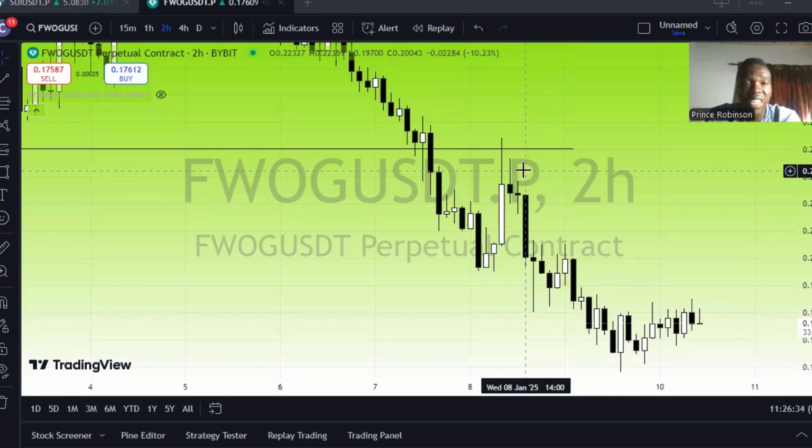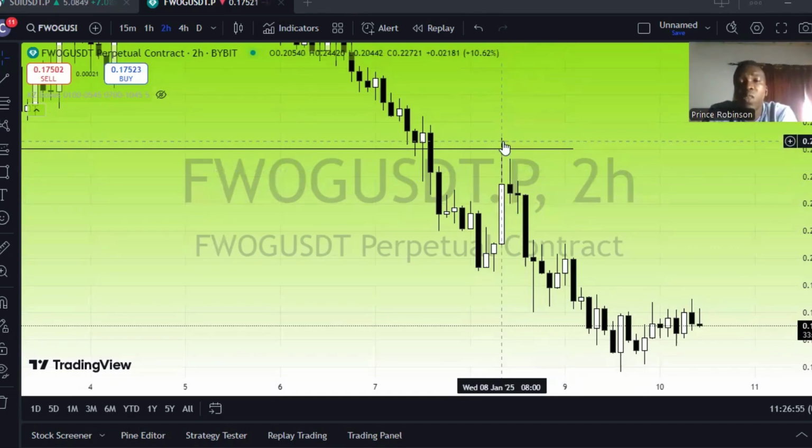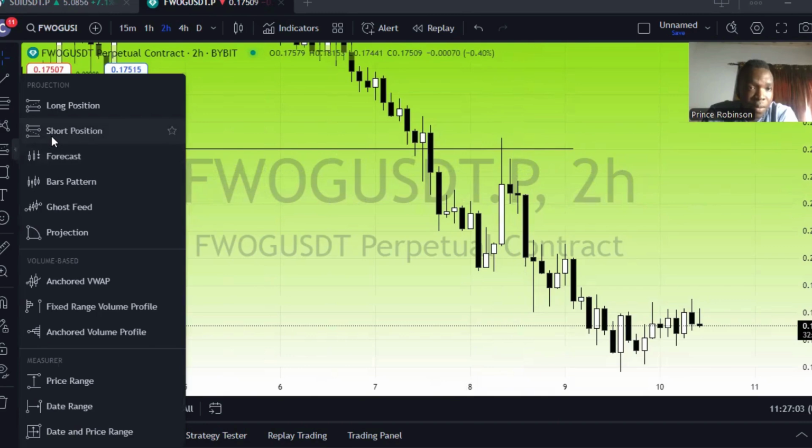If you're doing your analysis on 4 hours, please confirm your analysis on that 4 hours. If you're doing your analysis on 2 hours, confirm on that 2 hours. If you're doing analysis on 1 hour, confirm on that 1 hour. You understand? So if I'm to actually wait for this candlestick to close for me to confirm that yes, my entry is valid, which means I will be placing my entry